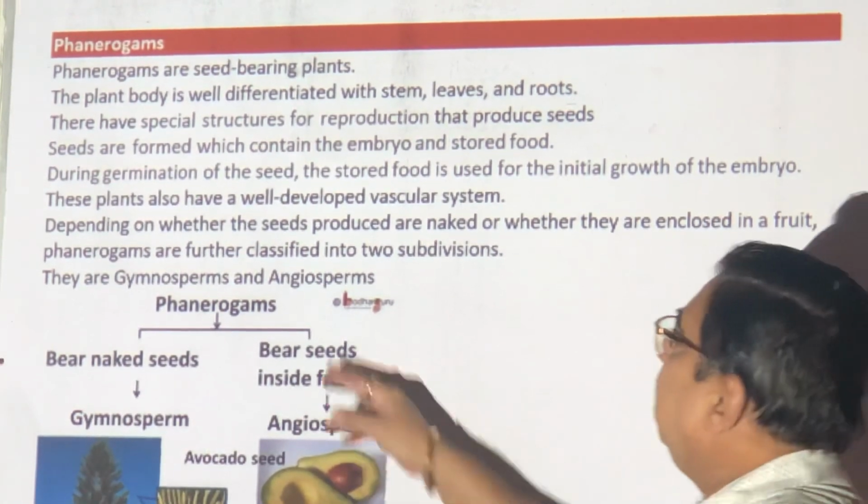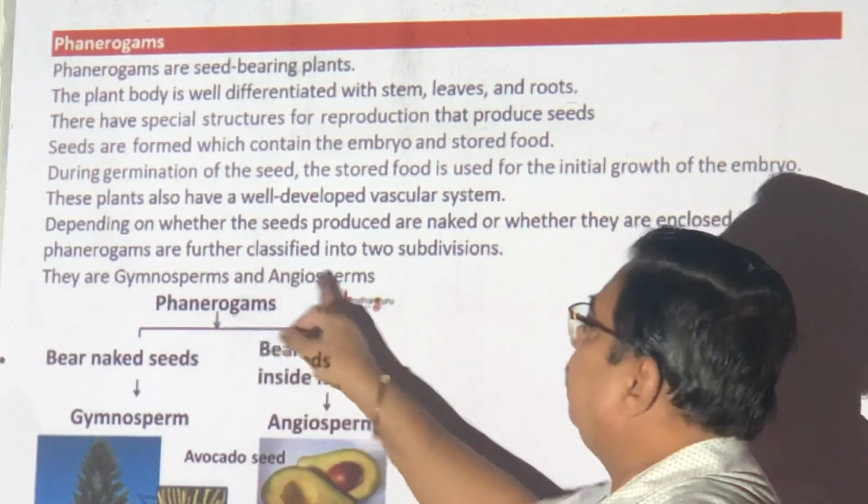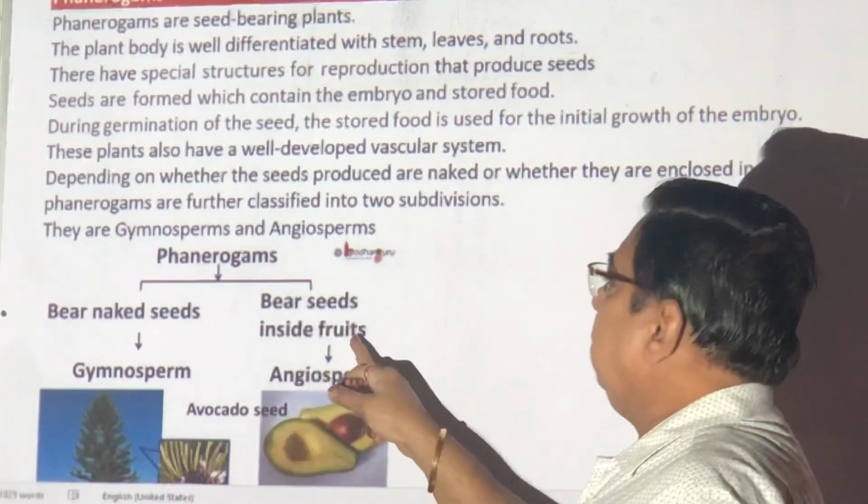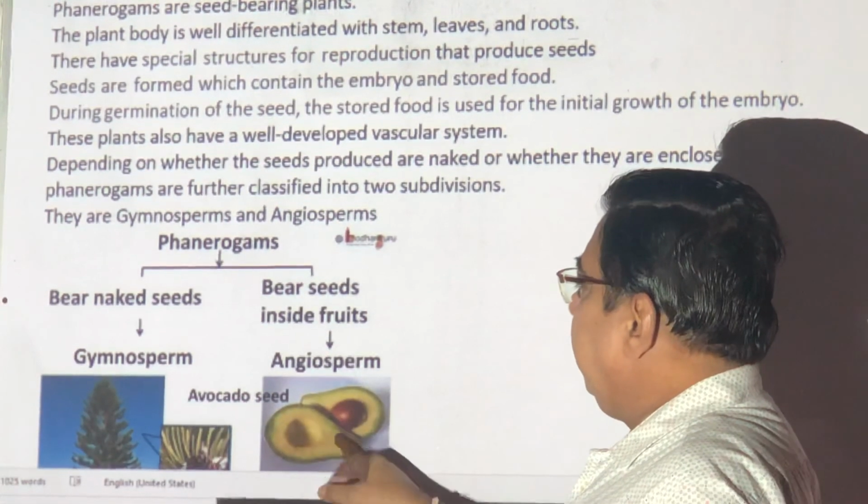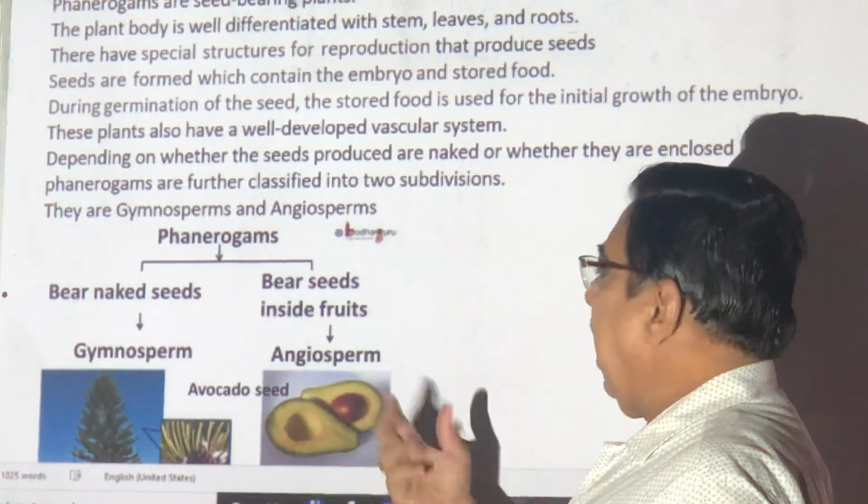Then, phanerograms are of two types, gymnosperms and angiosperms. Naked seeds, seeds are food. You see, avocado you are eating, okay? You are eating apple, you are eating